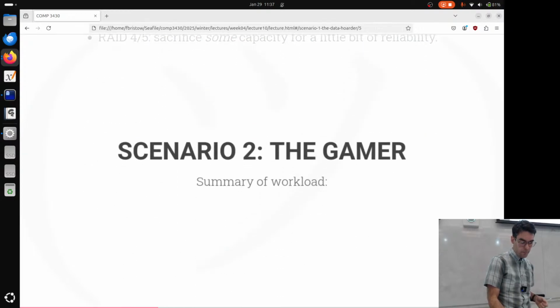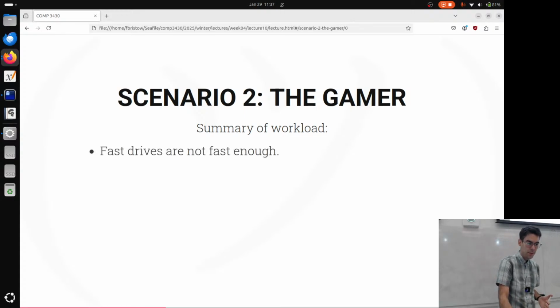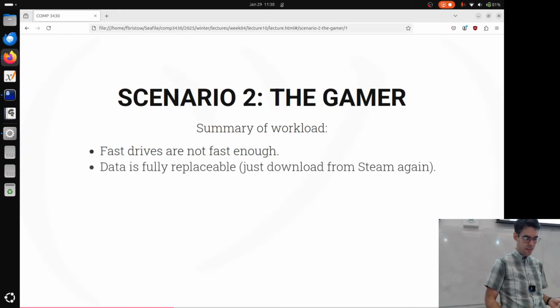Okay. The next one was the gamer, and the gamer was basically speed at any cost. The drives that this person has just aren't fast enough. I was politely corrected after class that drive speed has nothing to do with frame rates. Fair enough. Drive speed maybe does have to do with moving between different parts of a large open world application. So I'll change this scenario just a little bit. There's some reason why I need fast drives in this thing and not a fast GPU. But these drives are just not fast enough.